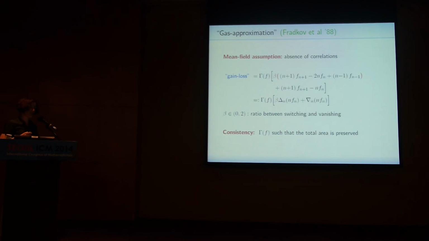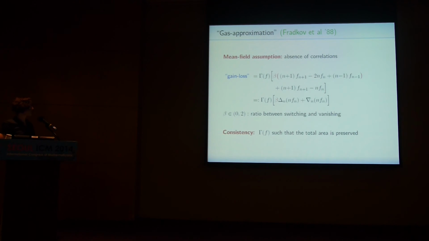the flux from grains with n edges to n plus 1 is proportional to n times Fn. And then you plug that in and rearrange, and then you get the following expression: the gain-loss term is something like a discrete Laplacian in n of n times Fn, and a discrete gradient of n times Fn. This corresponds to the grain vanishing events, this corresponds to the edge switching. And there's still a parameter in the system, which is the ratio between the two events, that you can choose as you want in principle and try to adjust your results for this model when comparing with experiment.